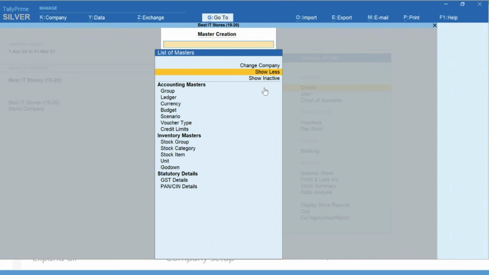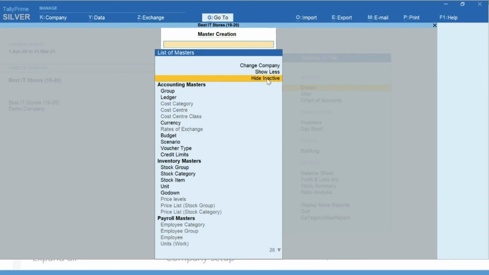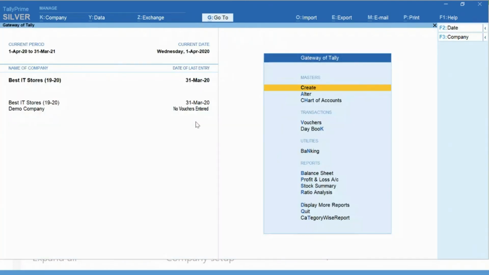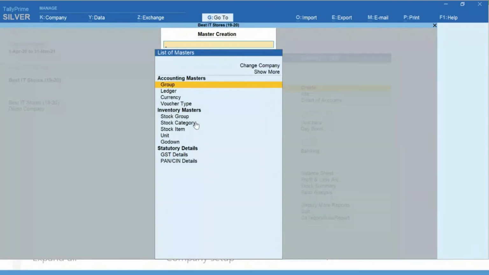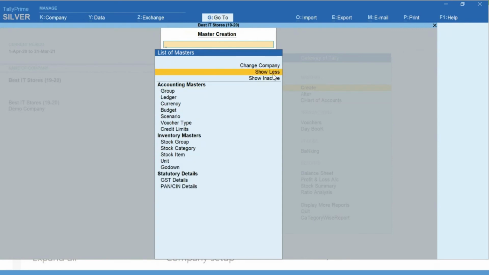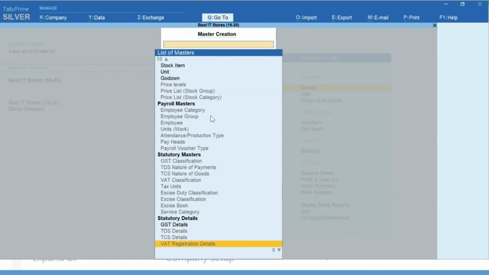See, these show more, show inactive buttons are going to be consistently seen on Tally Prime in various screens. For example, and I'll just repeat what I did, I clicked on create and somebody wants to create budgets. To create the budget, in the earlier experience, you have to go to that switchboard to switch on. Now, no switchboard, it is not available on the screen. The only thing he has to learn is, yes, I want something more to see. Show more. Still it is not visible. You can say show inactive. In the table, it is available.